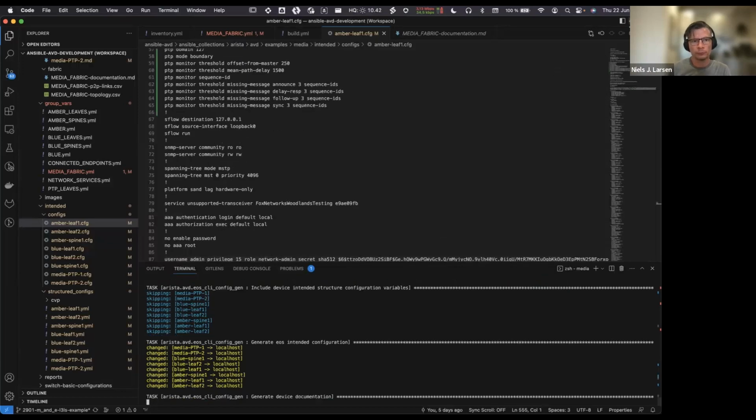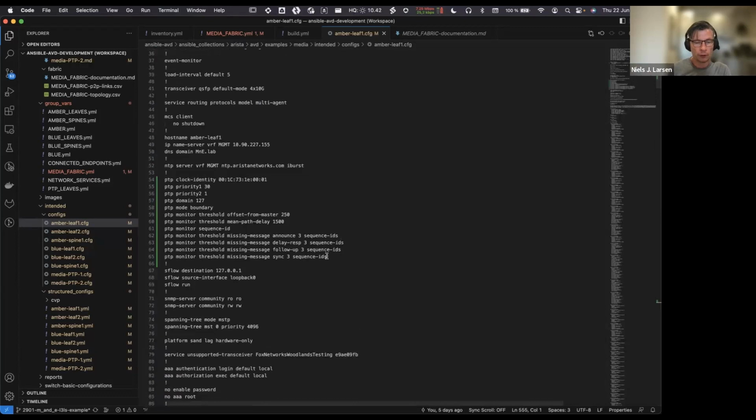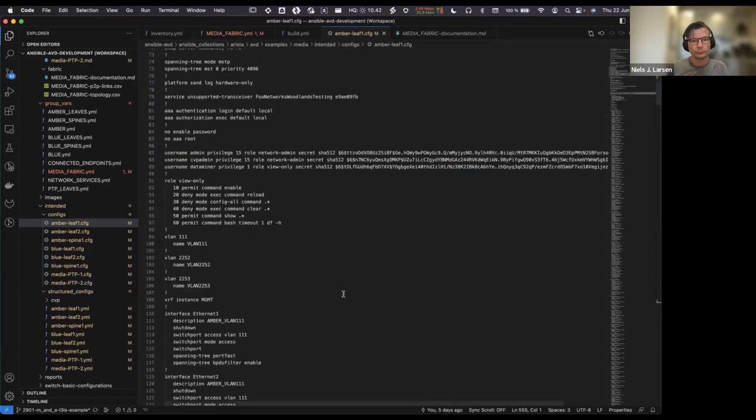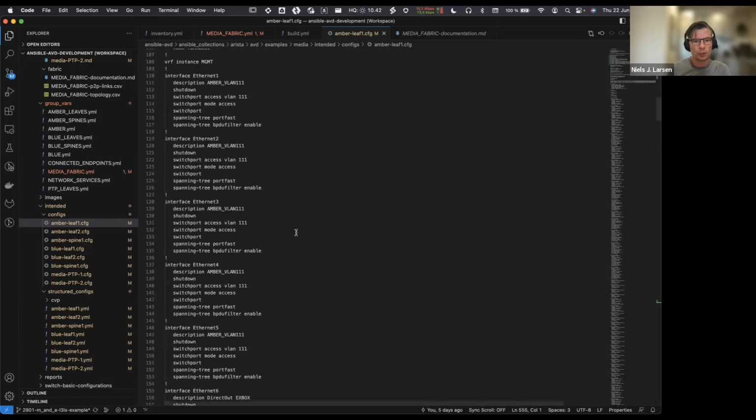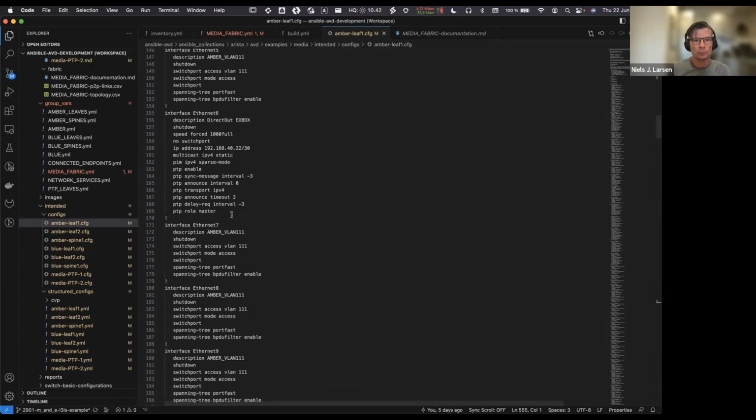Here we go. So now we have the global PTP configuration. We have automatically generated the clock identity for PTP, the priorities, the domain, the monitor thresholds, etc. And you will also see that there's PTP configuration for the endpoints.